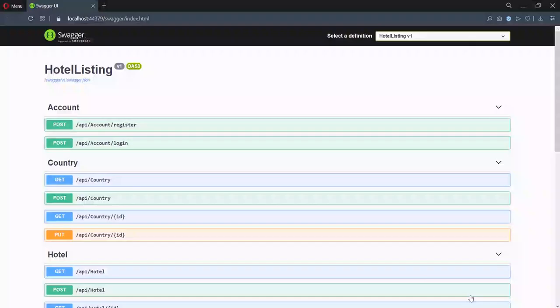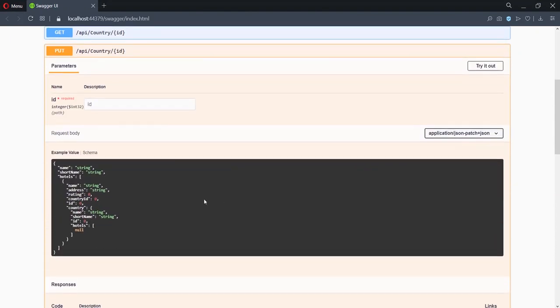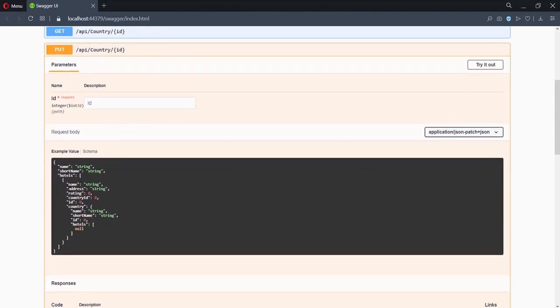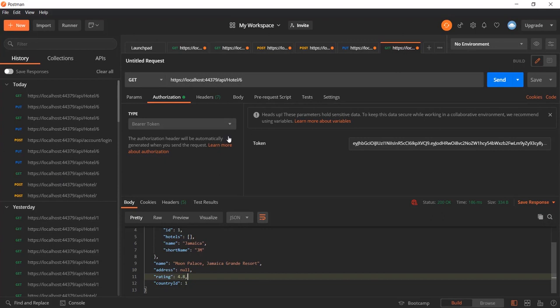So if I go over to my Swagger documentation and then look at the potential payload, you see here where they are showing me that I can put in the name, the short name, and then an array of hotels, right? And then I can put in details for the hotel. And of course, the hotel has potential details for the country. And then this is what they really meant when they said it could become cyclic, because it's just one big thing after another after another. However, we're going to try this and we're going to insert a new country with a